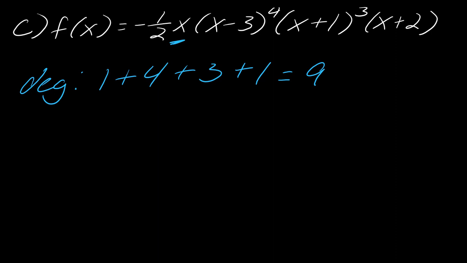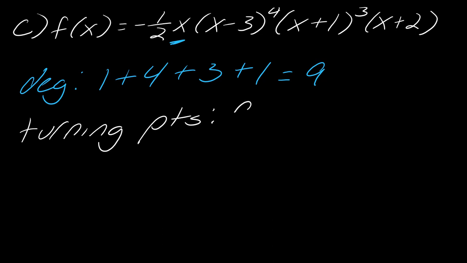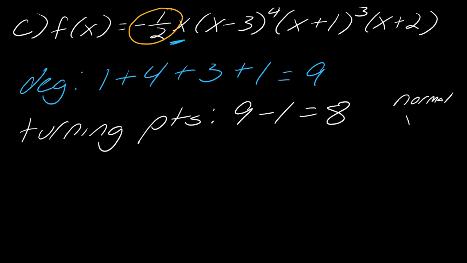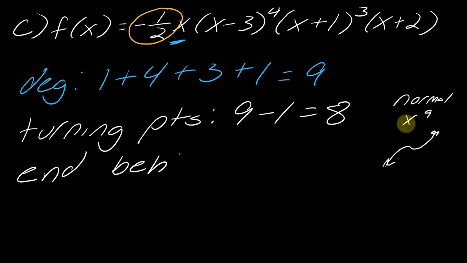Okay, so this is a degree 9 polynomial, which would mean then that the number of turning points is 9 minus 1 equals 8. Okay, so degree 9, but notice this negative 1/2 in the front. So what that's going to do is, a normal x to the 9th would look like this. But because we have this negative in front here, it's going to flip the graph. So the end behavior in this case